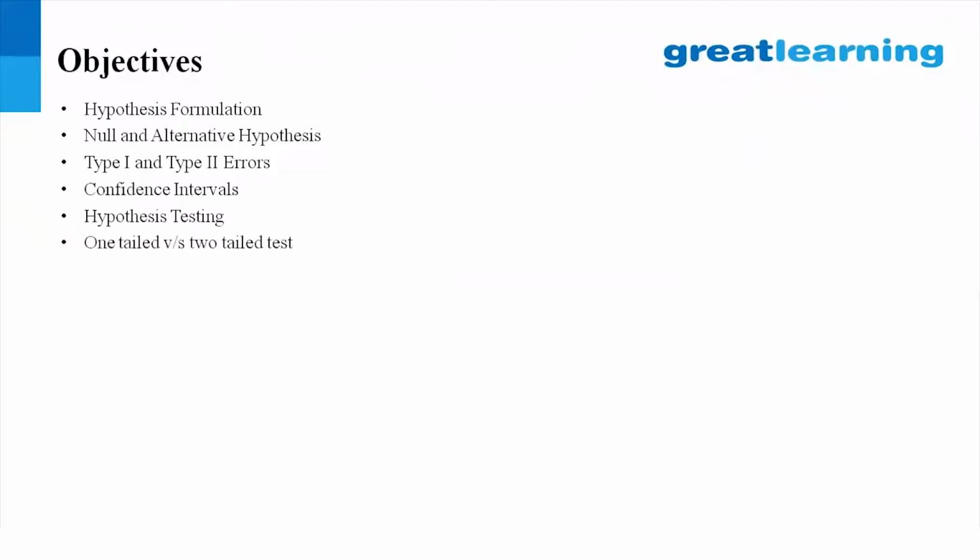In the hypothesis test, there are one-tailed and two-tailed tests. We'll see that. Then we'll see tests of mean. So there are three types of tests: test of mean, test of proportion, and test of variance. We'll see all of that. And finally, power of test. We'll see if we have time, but